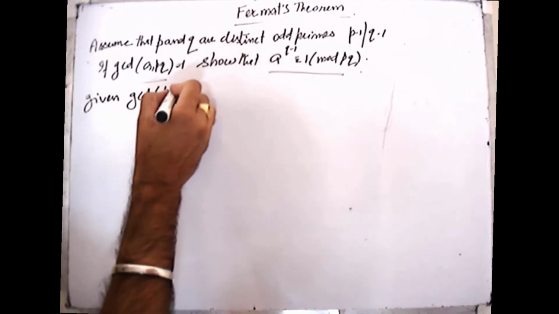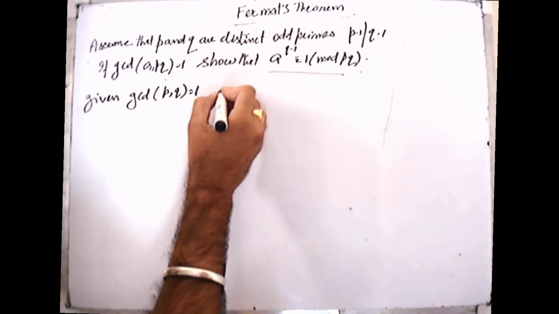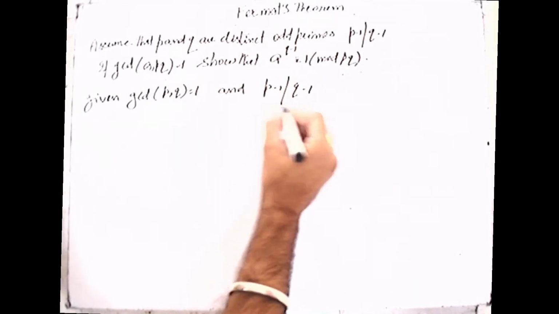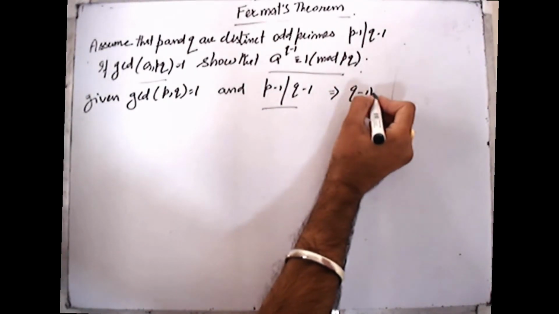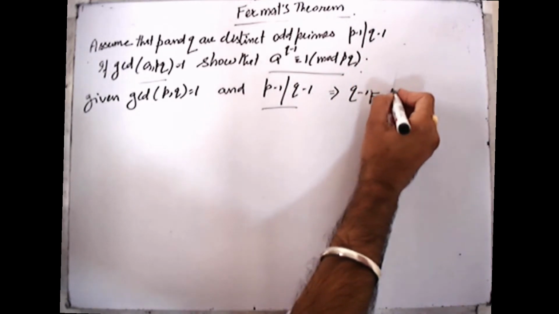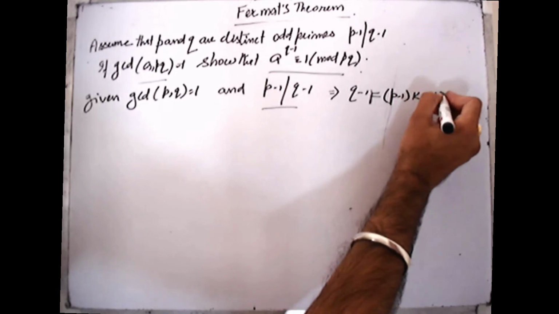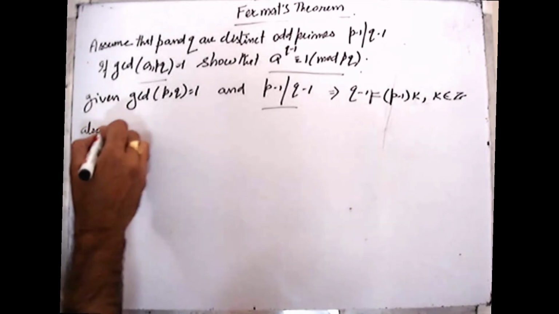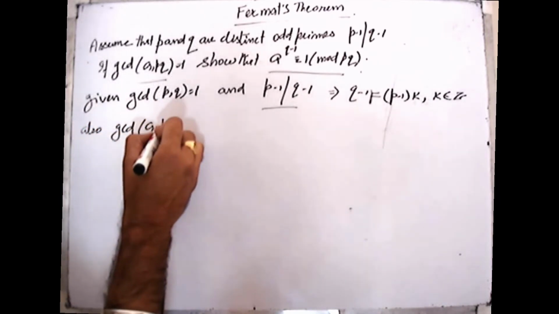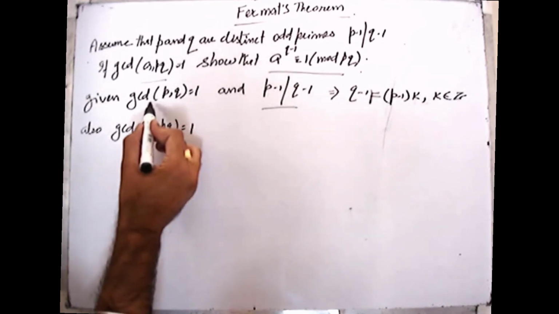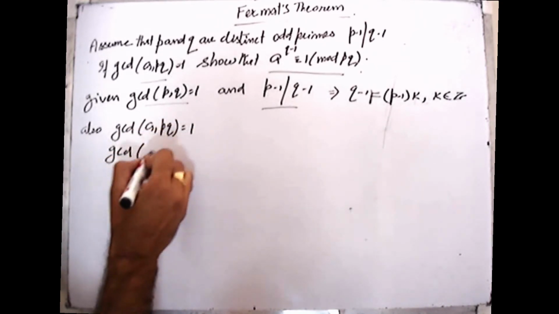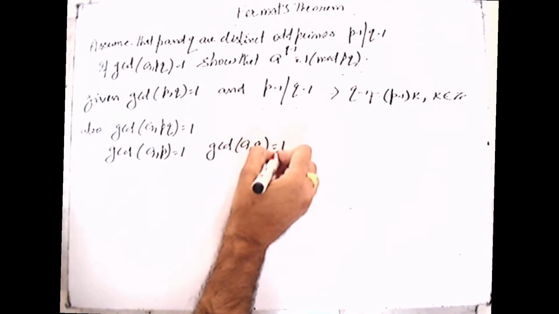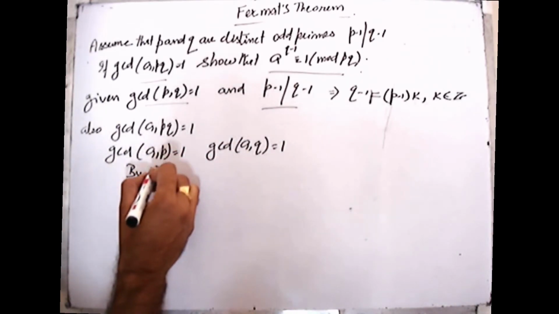Now, given GCD of P and Q is 1 and also P-1 divides Q-1. So by the definition of divisibility, this implies Q-1 is equal to (P-1) times K, for K some integer. And also it is given GCD of A and PQ is 1. Now, as I already told, because of this, GCD of A and P is 1 and GCD of A and Q is 1. Now, employing Fermat's theorem,